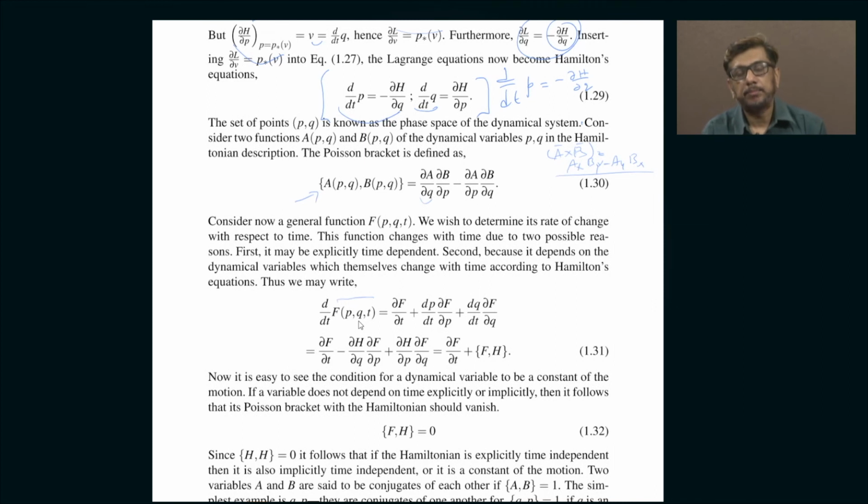To account for the implicit time dependence, I differentiate the function with respect to one of the coordinates or momenta which depend on time. In this particular case, I investigate how the time dependence comes about because of dependence on the momentum. I use my chain rule and first differentiate with respect to momentum, and then differentiate momentum with respect to time. Similarly I do it for the position, because that could also be dependent on time: I differentiate with respect to position, and then differentiate position with respect to time. When I do that, I then take into account